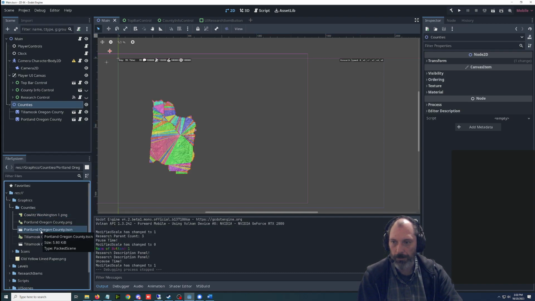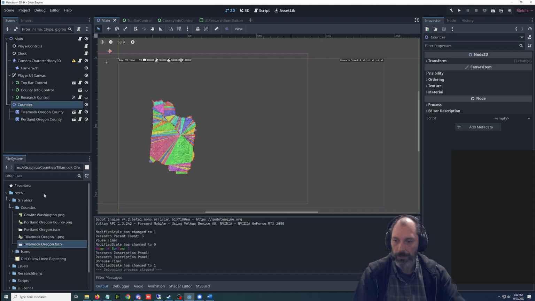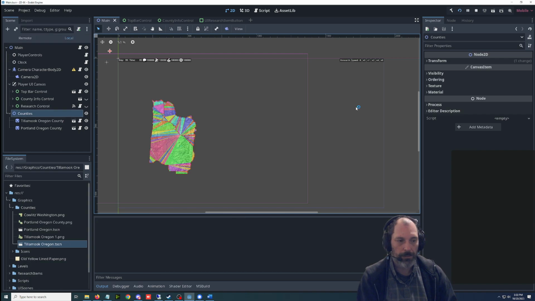And we can duplicate one of these scenes so we don't have to reconstruct it. I'm putting in Portland, Oregon County, huh? Let's get rid of the county at the end of these things. I wonder if that will break things. We know they're counties. Let's hit play and see if that busted anything. I don't think it should have, but